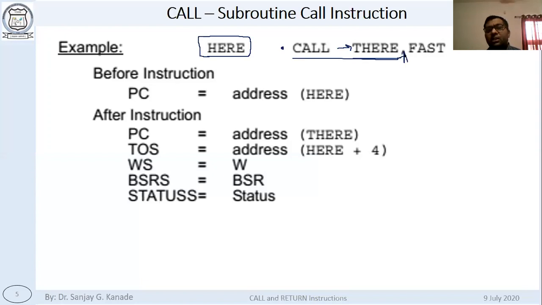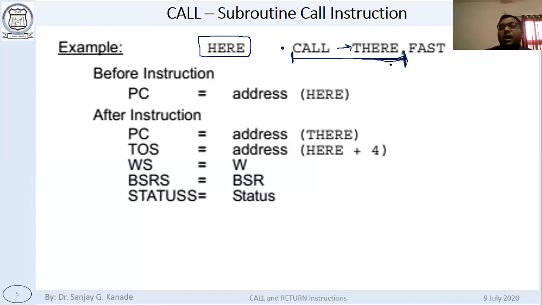What we are doing is calling a subroutine, and the subroutine address is where we have given the label there.